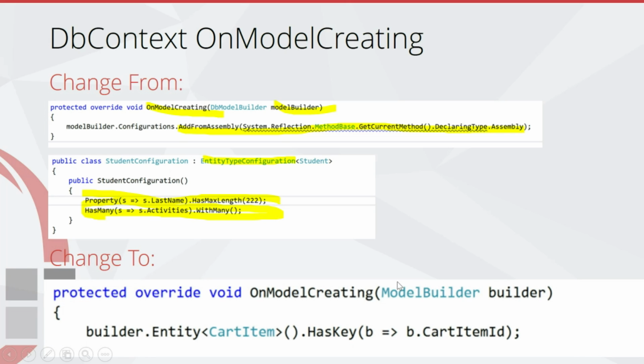That has changed to just a single function on model creating. So on model creating is pretty much the same thing. The model builder type has slightly changed. It's model builder instead of DB model builder. I guess that changes because it might not be a database you're talking to anymore. But you've still got the Fluent configuration, but you don't have this nice entity type configuration. There are plenty of posts on the Entity Framework issues board about this, and a few people have knocked up their own already, so that's something that will come. It's just something that's nice that you've got before that you haven't got yet in the new version.